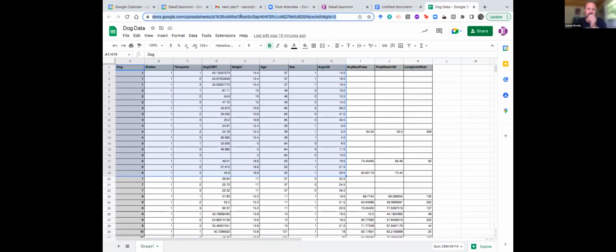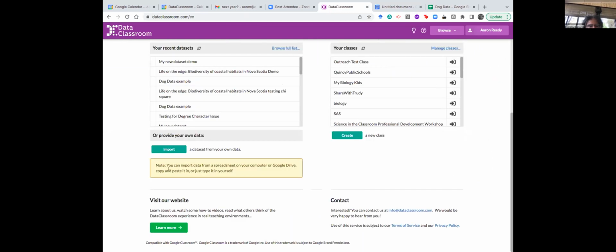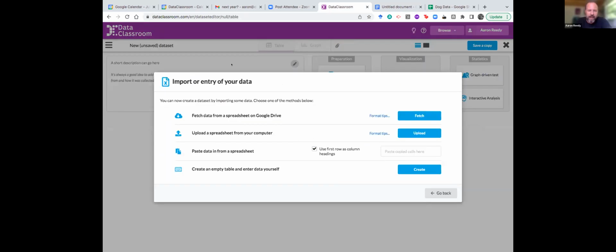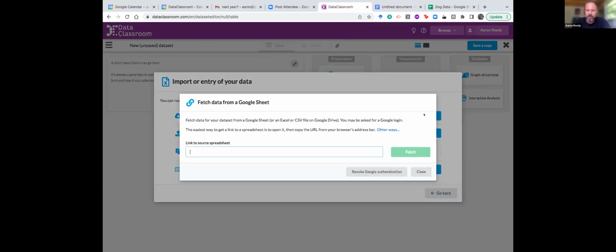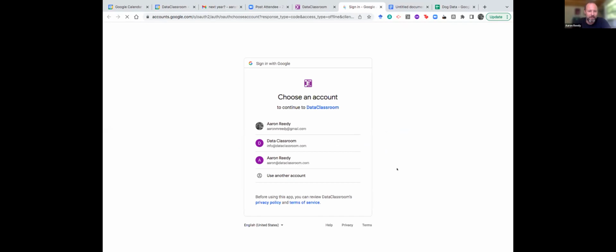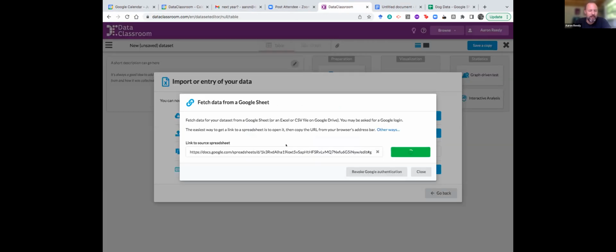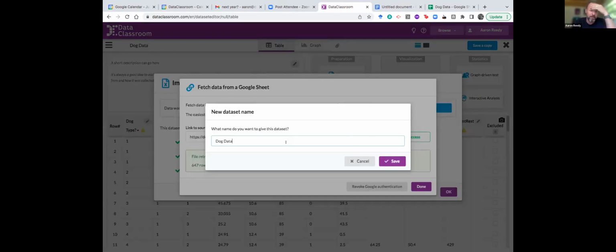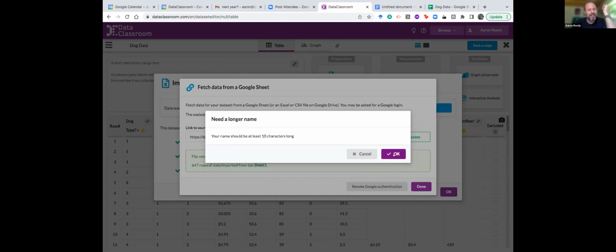I could also take the web address of this Google Sheet. So I'm up here in the URL, and I'm getting the address, and when I import here, now I can fetch a spreadsheet from Google Drive. I can paste in the web address. You'll have to log in to your Google account, because Google's not going to just give out your info unless you give it permission. I recommend sharing data sets that are publicly available. If you share a data set with Data Classroom that's publicly available, it'll work very easily. You can share any data set you want, but